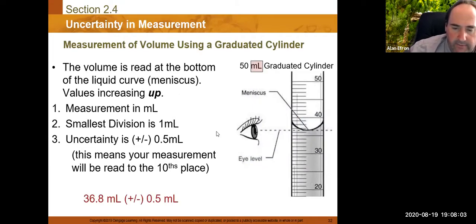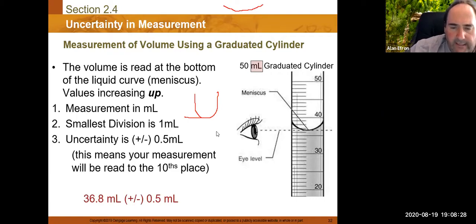And as we talked about, we always want to read at the bottom of that curvature, the bottom of the meniscus. Again, in certain pieces of glassware it's a lot easier to see. You could really see that kind of curve. In other cases, depending on it, you can't really see it. It's not as defined. But you should always try to look for it. And again, as we talked about, always from the bottom of the meniscus is where you want to take that